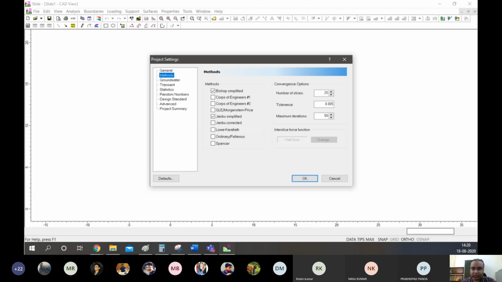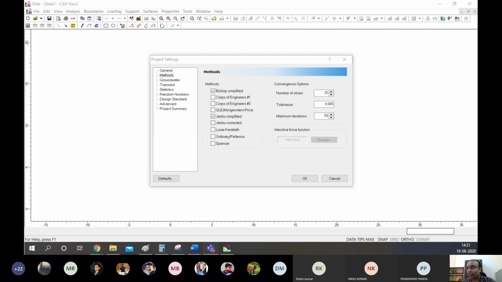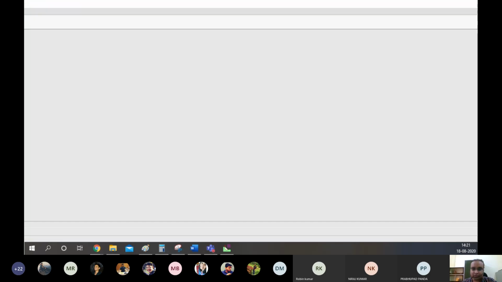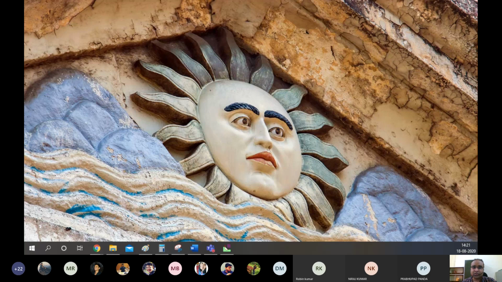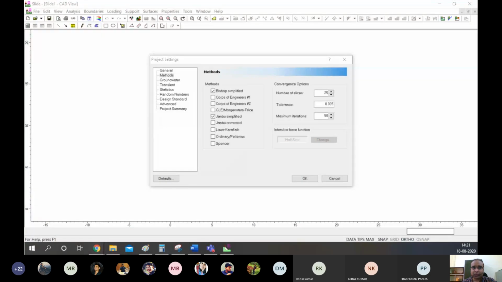So as I was saying yesterday, each of these methods are basically different types of algorithms, different types of analysis that have been done by these scientists. Like Janbu and Spencer and all these guys have already created some empirical as well as some numerical relations. These relations, when combined in the form of the equilibrium equations, are available with us in various literatures. So what this software has done is basically it has incorporated those equations, and it has given us different ways in which we can find out the factor of safety.